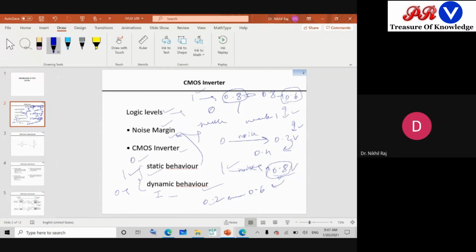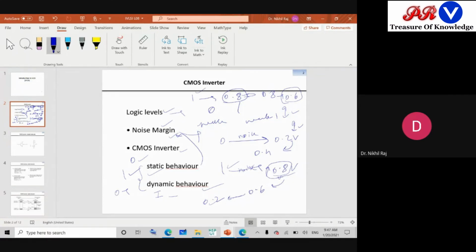In your mobile phones, if such inverters are used, then when you close the application it will take 2 minutes, and then when you start the application it takes 2 seconds. Then you say, okay, what type of performance is this? Opening takes so quickly, and when I close it takes so much time. So this phone is not good. So how to control these timing operations, how to maintain the symmetry? I want that when I open any app, it should open quickly, and when I want to close, it should close in the same quick manner as it is opening. Then I will say, okay, this performance is good because it is symmetric in nature. I can close very quickly, I can open very quickly.